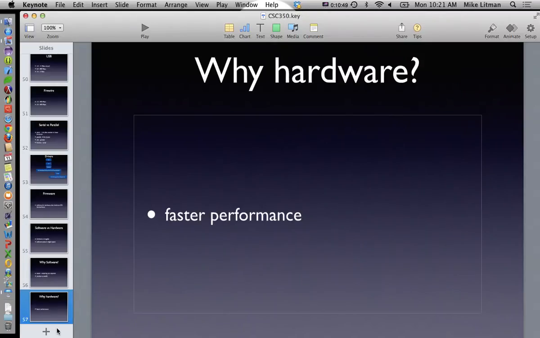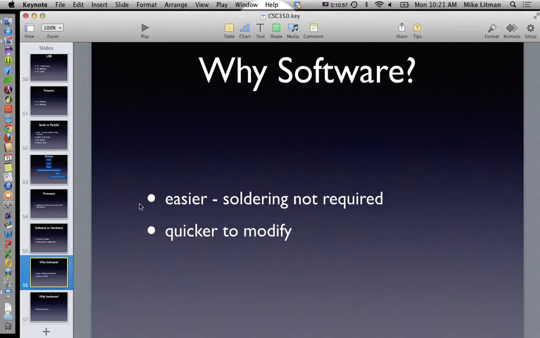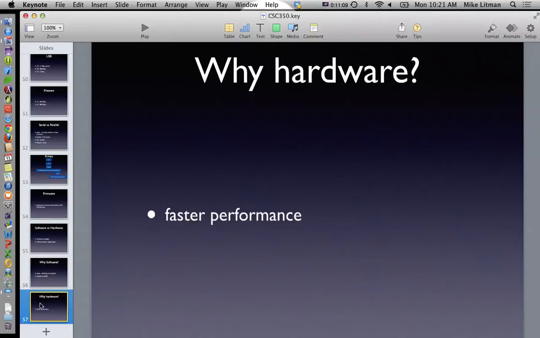Okay. So is it fair to say that the weaknesses of hardware is that it's more difficult to originally create the solution and changing the solution is problematic? That's a fair statement. And the weakness of software is it's slower. Pun intended. It's an inverter. Okay.